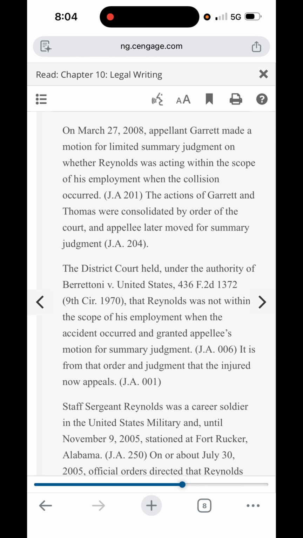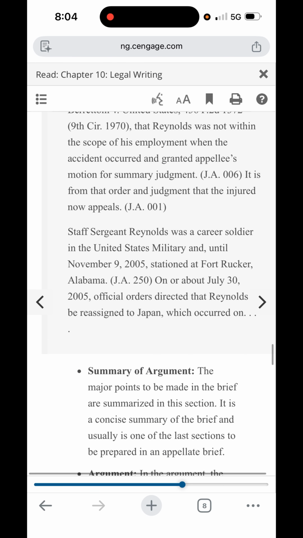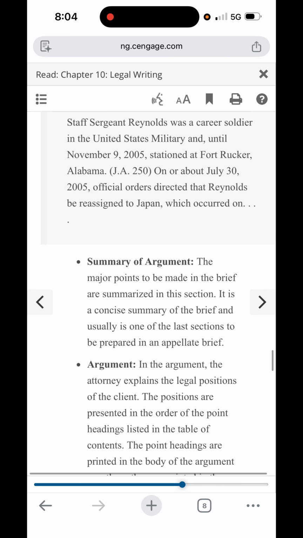It is from that order and judgment that the injured now appeals, JA 001. Staff Sergeant Reynolds was a career soldier in the United States military and, until November 9, 2005, stationed at Fort Rucker, Alabama. JA 250. On or about July 30, 2005, official orders directed that Reynolds be reassigned to Japan, which occurred on